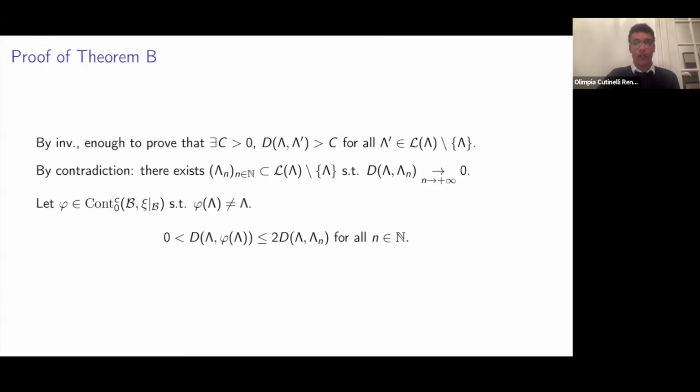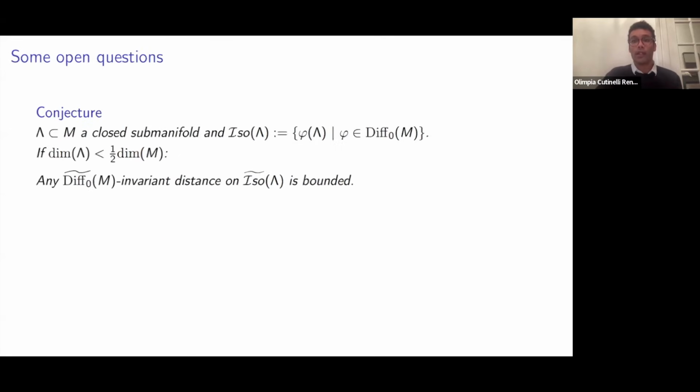And okay, so in the last minute, if you have no questions, I put some open questions that may be interesting to think about. The first one is, in some sense, if we forget about the contact structure, if we just look at the smooth setting, I would like to show that this kind of result cannot be expected. So it's really the contact distribution that gives enough rigidity to expect the existence of an unbounded distance.